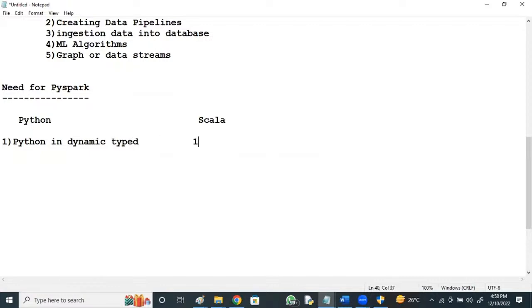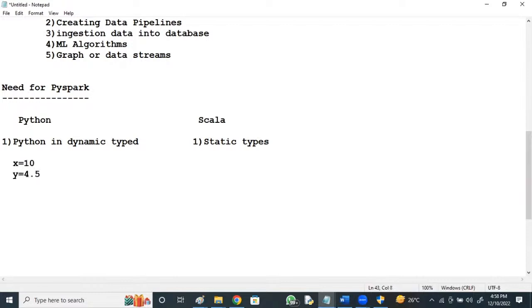Scala is statically typed. Dynamic typed means here, if you say x equal to 10, based upon the value you are assigning, the variable x is going to get created dynamically. Here we don't need to declare int or float, as in int x equal to 10 or float y equal to 4.5.